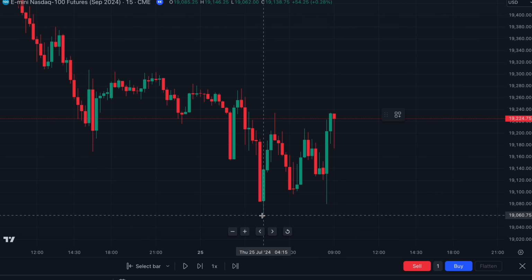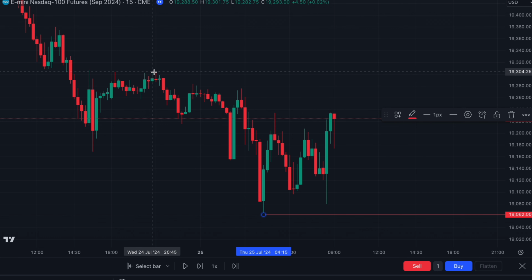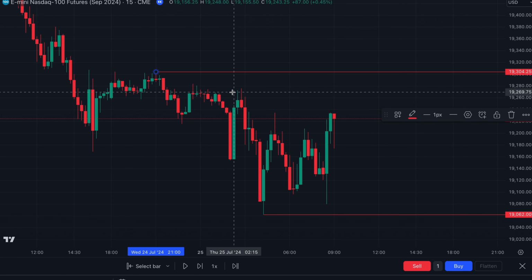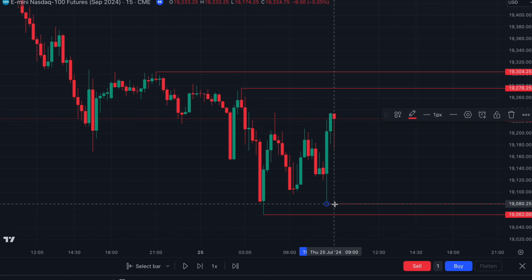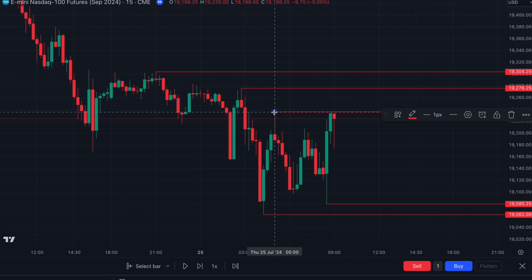So we got some clean London lows here. We're going to mark out this as a key buy side liquidity. We'll also mark out this as buy side liquidity. Why this? Because at 8:30 we had high impact news. So this would be the high impact news low which it created, and also this previous high which has not yet been taken out.